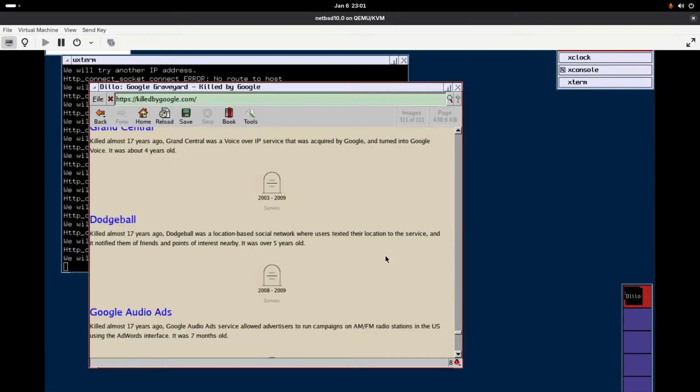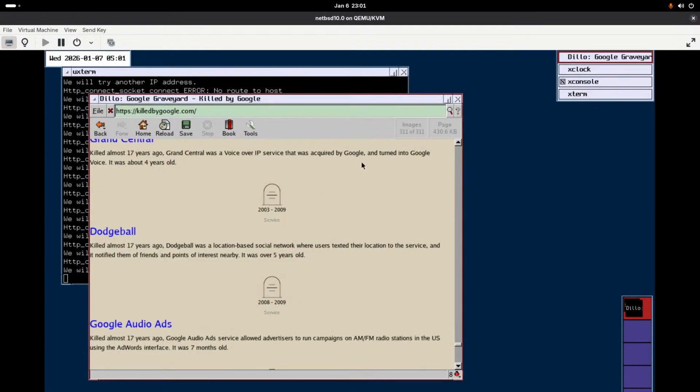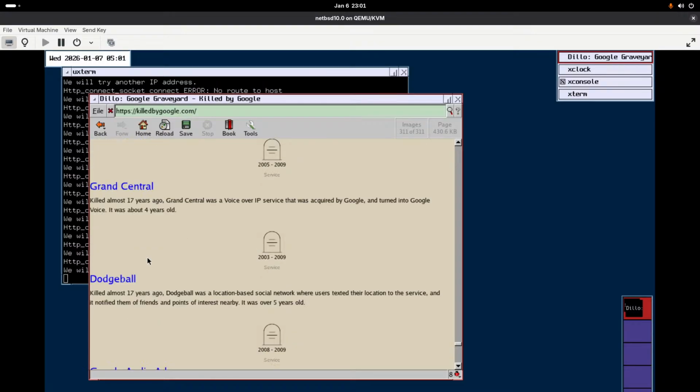Dodgeball was a location-based social network where users texted their location to the service and it notified their friends. That reminds me of when people used to use Foursquare. They're like, hey guys,